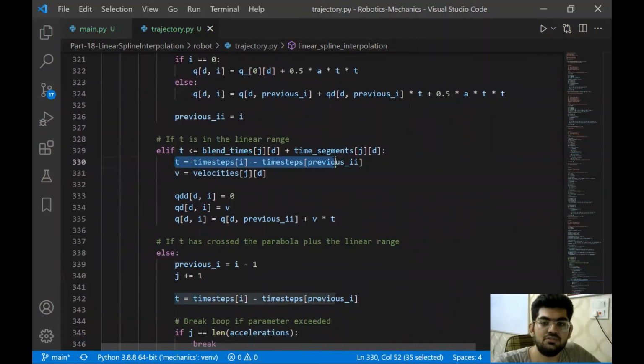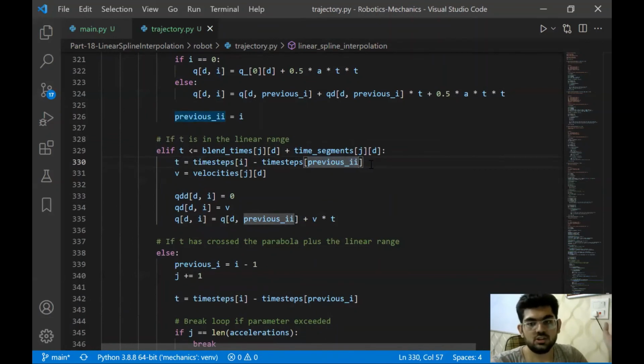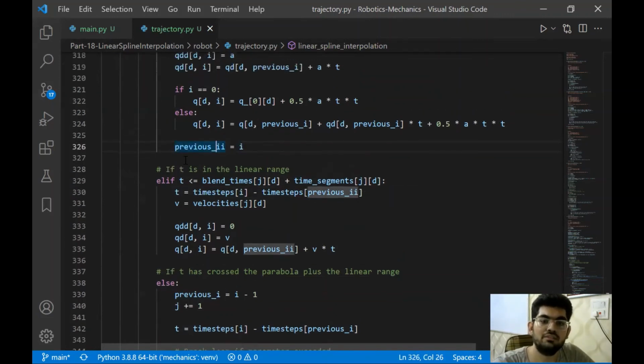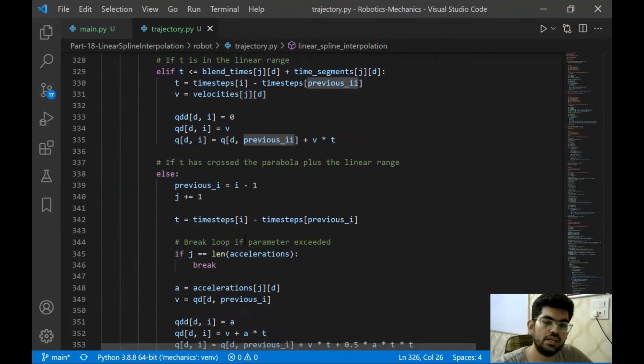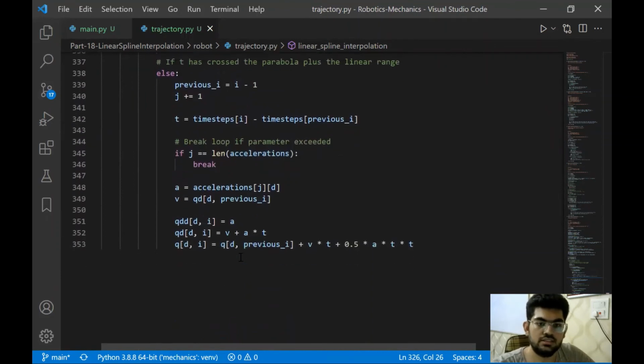In the linear range, we are again calculating the value of t, because the previous ii actually stores the value where the linear range starts. That's why we calculate the value of t again to know where the parabola part has ended and where the linear region has started. And here we are updating the value of previous ii, so we can use it when the linear region comes. Okay, so all right, so this is over here.